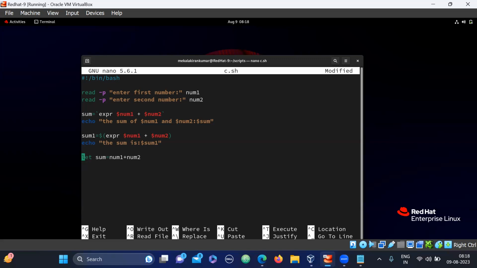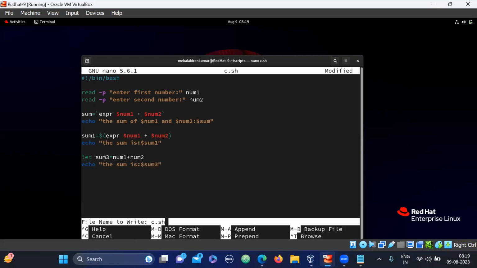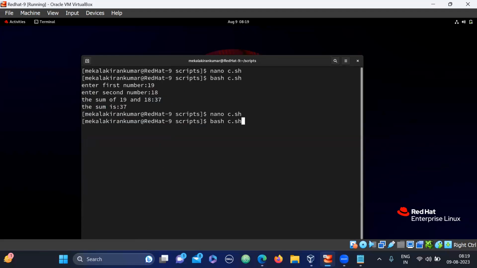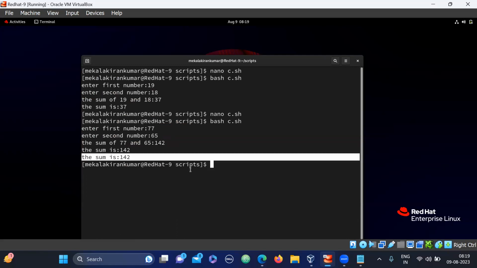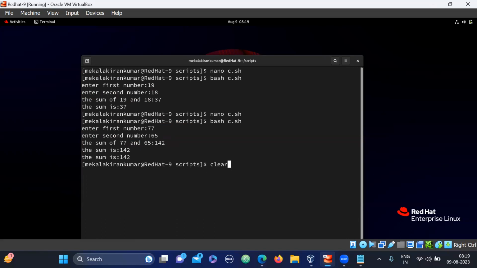Then here to differentiate the things, I'm going to give here sum3. Come down here, echo the sum is, and then dollar sum3. Okay, this is fine. Just save this file and run it again. Now I'm entering 77 and some random number. See, it is working fine. The last one is let. With the let we got it. Okay, that is how you are going to use the